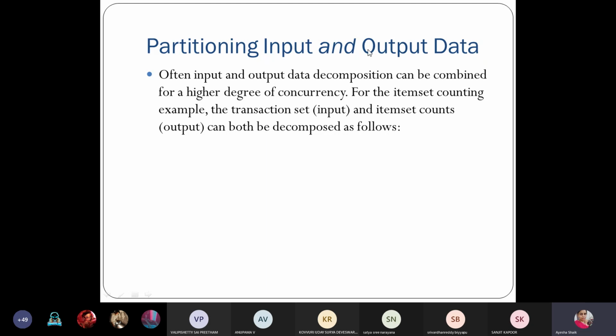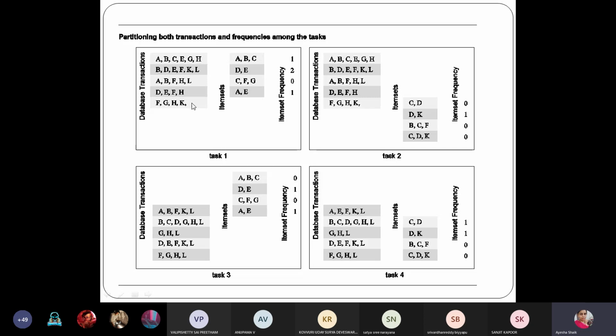Now coming to the input and output data partitioning. Here we partition the input and also partition the output. For the database transactions, only half the list is given, and the item set is also half the list, and the item set frequencies we calculate only for this part.